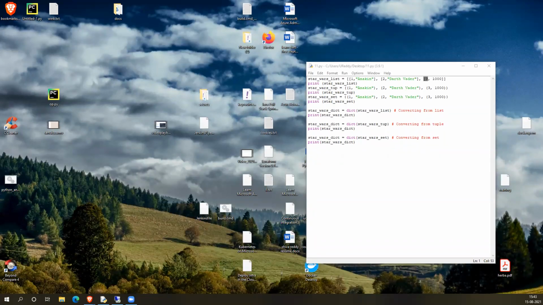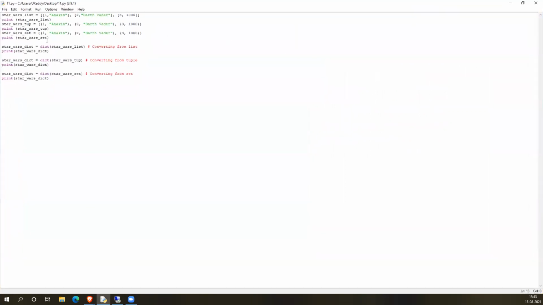A small concept left. I just want to explain that it is called modules. In Python, by default, you are able to use predefined functions like print and dictionary and all. But there are some functions in Python which are kept separately as a package, and if you want to use them, you need to include those libraries into your Python.